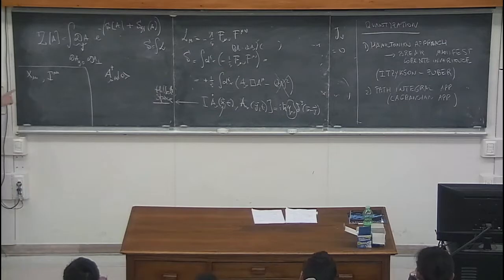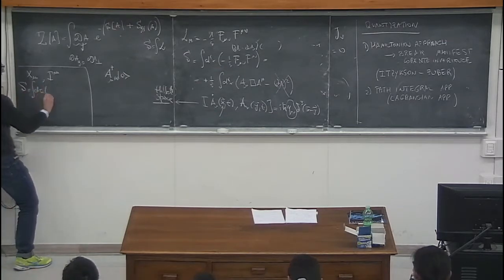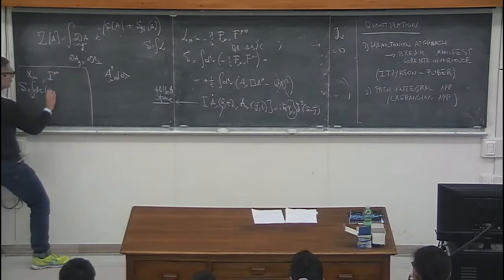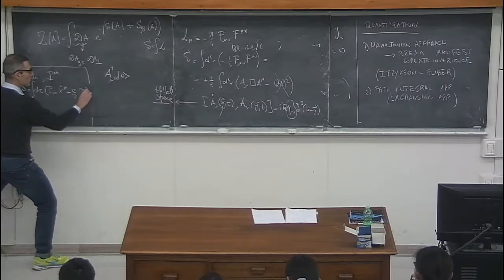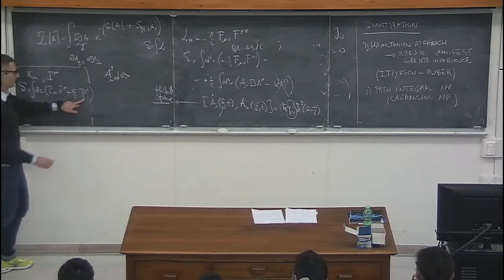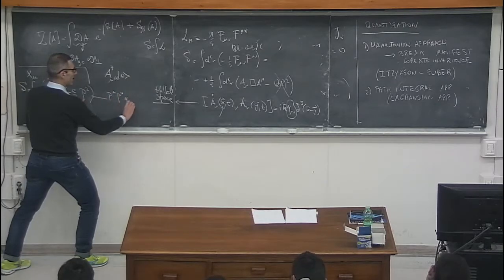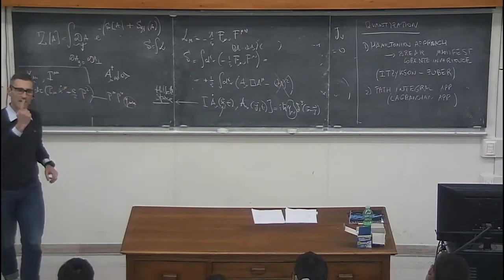Now, when you write down the action for the superparticle, I'm just repeating what Nathan was doing last week, because in order to compare the two situations, string theory, superparticle, and quantum field theory, you have the following action: x dot m plus e over 2, and here there is a p square. Now, to define the p square, you need another ingredient, because this p square is just p_m p_n eta mn. So you need a metric, in this case the metric in the target space,